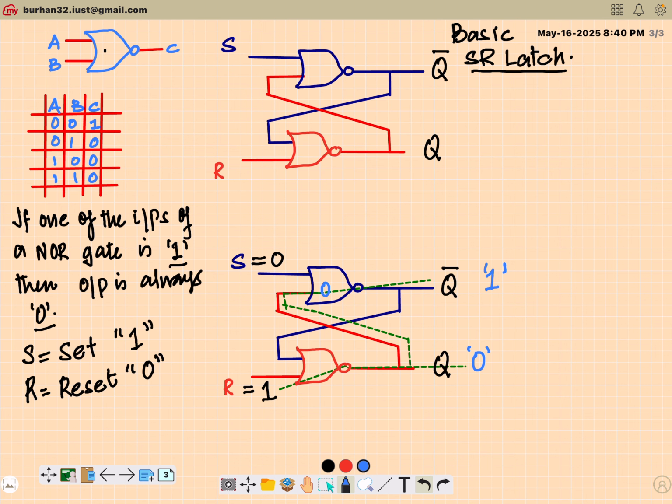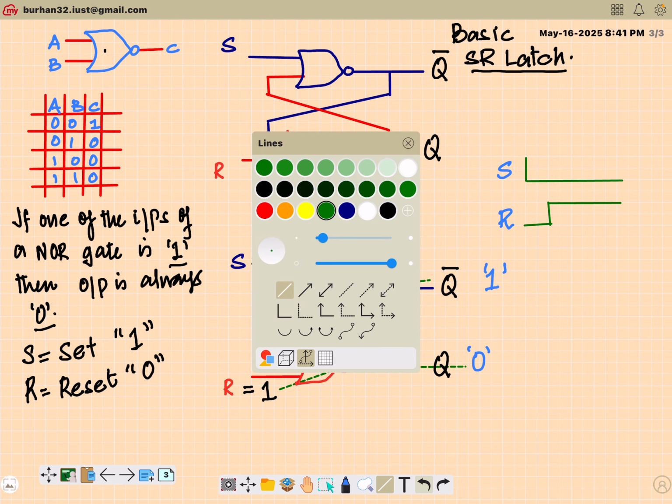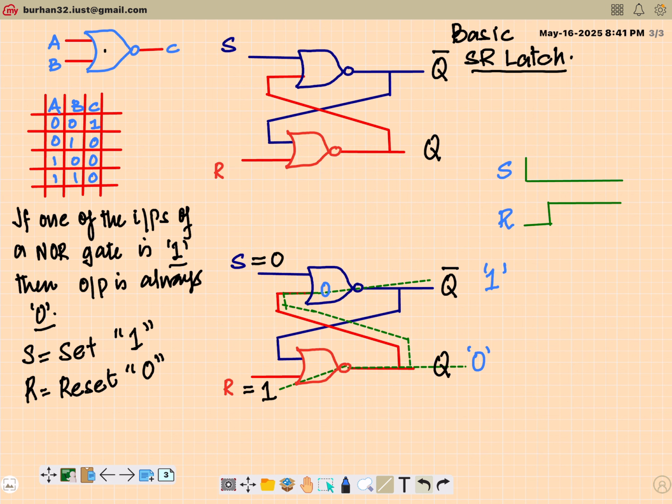So the first one is S, second one is R. And as R goes to 1, first of all Q triggers, so Q will change. There will be some delay, and based on this, somewhere here Q will change to 0,